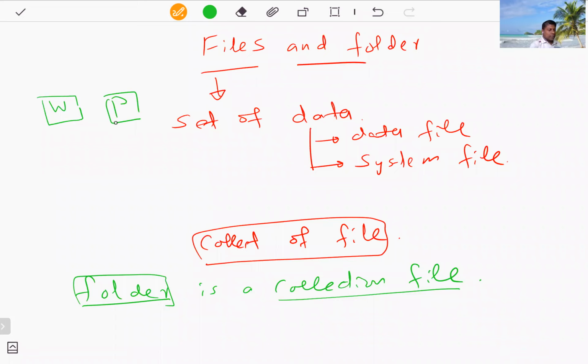Then how you are going to identify the folder is icon. That's also an icon. That's a yellow color icon. That's like a suitcase icon. Right? That's a yellow color icon. In that way, we can identify folders separated from the files. Right? Okay, that's about